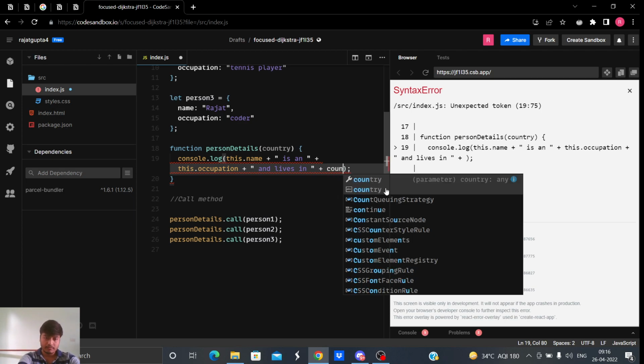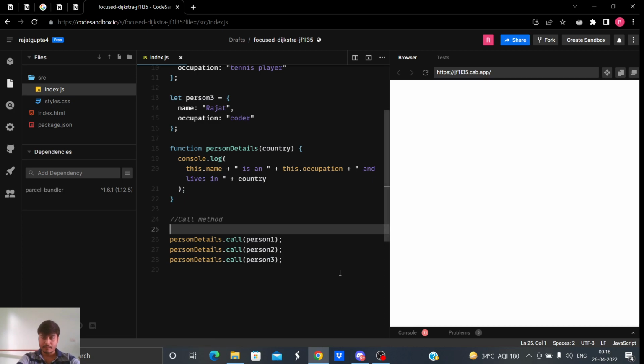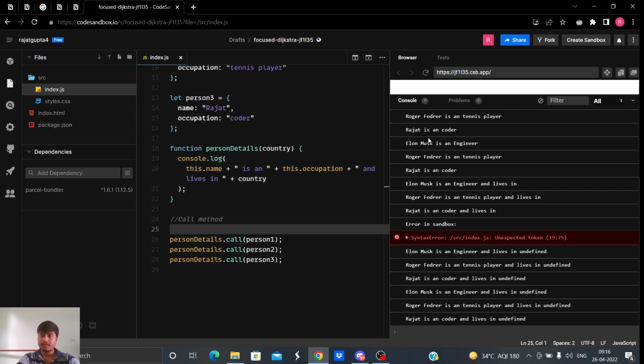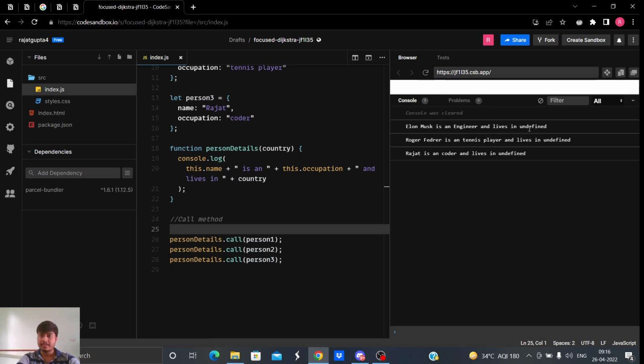So we'll have country here. Now how do we provide this parameter? If this personDetails.call is being printed, Elon Musk is an engineer and lives in what, we don't know what. So this is what we get here: Elon Musk is an engineer and lives in undefined, because this country is undefined, and the same for all 3.